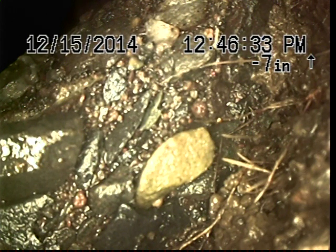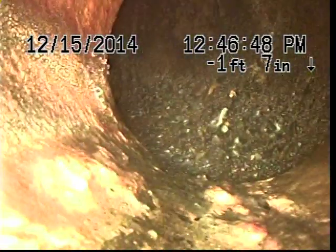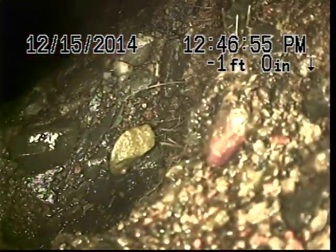Okay, so I located the camera outside the yard. It's about 6-7 feet away from the foundation. It's approximately 4.5 feet in depth, where you can see the camera is facing an offset joint with some aggregate and rock. I'd like to see a spot repair done here and just attach some ABS with a Fernco to this cast iron and do a nice 45-degree turn here and attach to the very next joint here and have this all ABS from this joint back to the cast iron